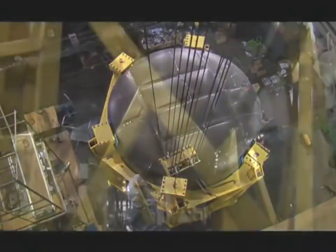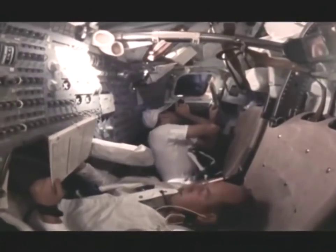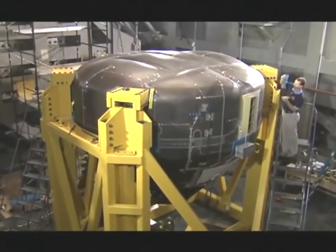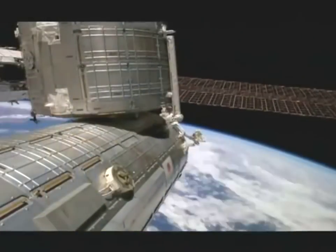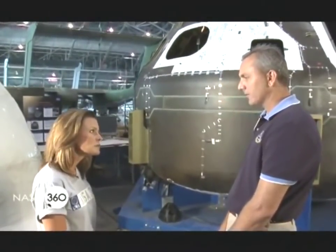The Apollo was roughly 4.3 meters in diameter, and this one's 5 meters in diameter. If you recall, Apollo had 3 astronauts on the inside. This was designed to carry 6, later lowered to carry 4, but the volume is still there to carry 6 crew to and from station. Mike, we've been talking a little bit about composite materials. What type of material is the CCM made of? This is a carbon graphite epoxy resin system. It's a fabric